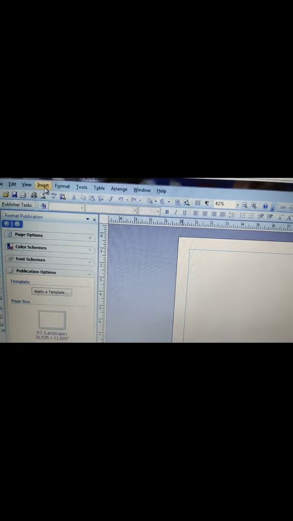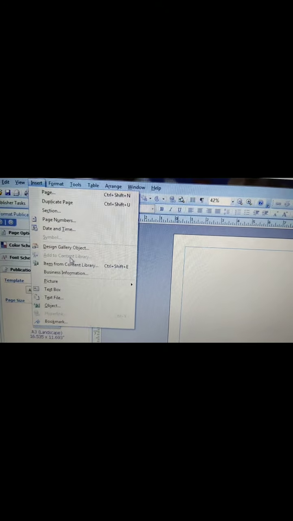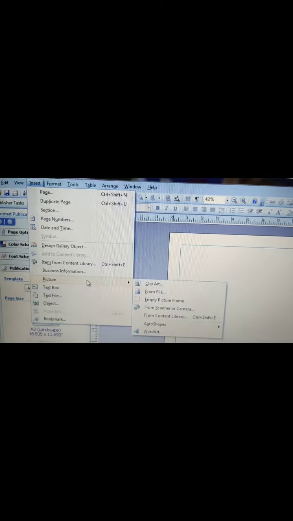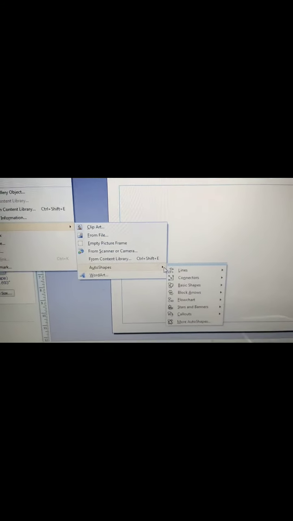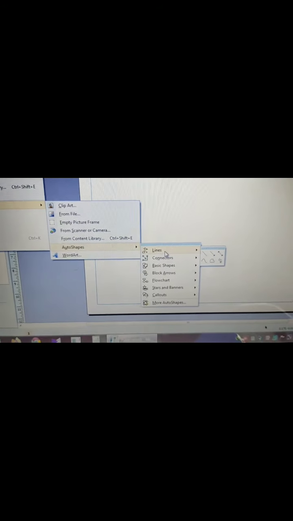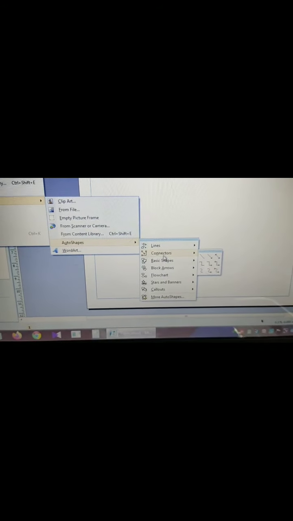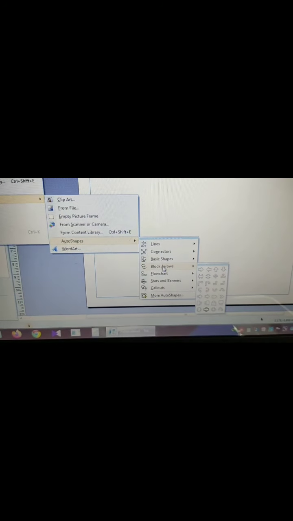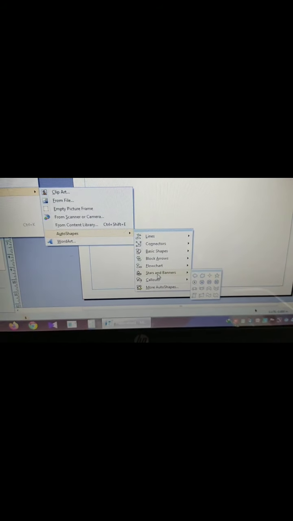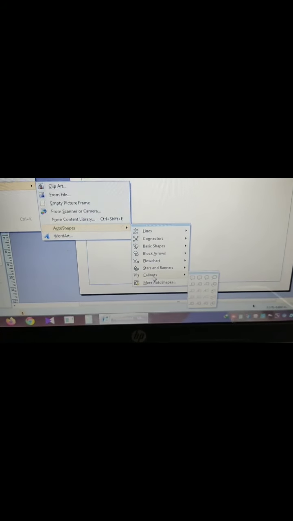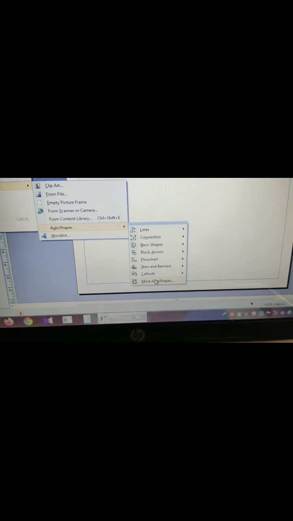But in the 2007 version, since I am using 2007, I will get my shapes here: Insert tab, then Pictures, AutoShapes is here, then I will get these shapes. If I want lines, connectors, basic shapes, block arrows, flow chart, stars, banners, callouts, then more AutoShapes you will get here also.